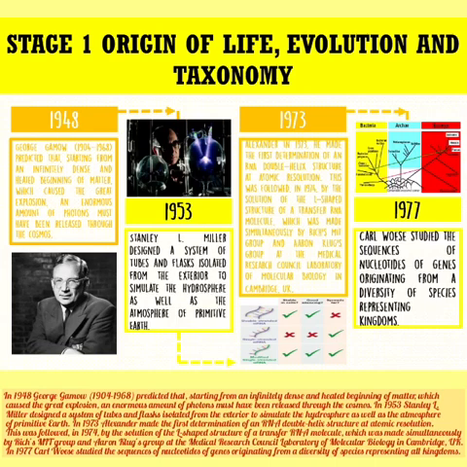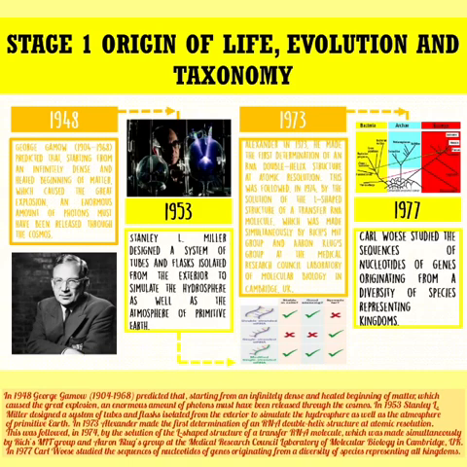In 1953, Stanley L. Miller designed a system of tubes and flasks isolated from the exterior to simulate the hydrosphere as well as the atmosphere of primitive Earth. In 1973, Alexander Rich made the first determination of an RNA double helix structure at atomic resolution. This was followed in 1974 by the solution of the L-shaped structure of a transfer RNA molecule, which was made simultaneously by Rich Smith's group and Aaron Klug's group at the Medical Research Council Laboratory of Molecular Biology in Cambridge,